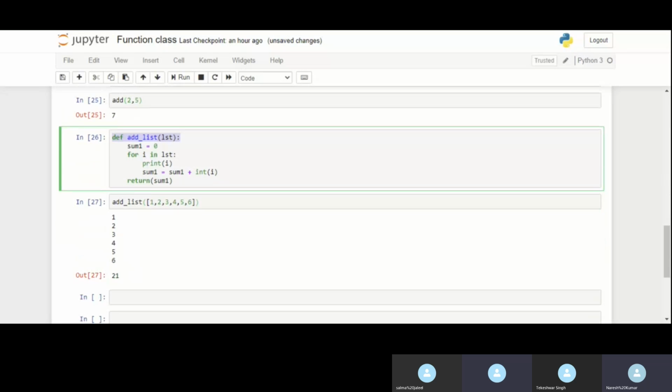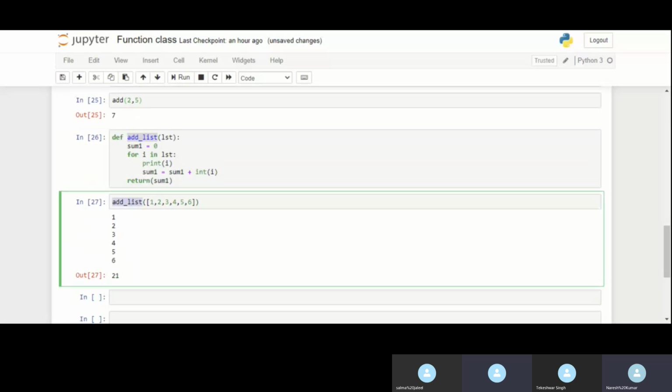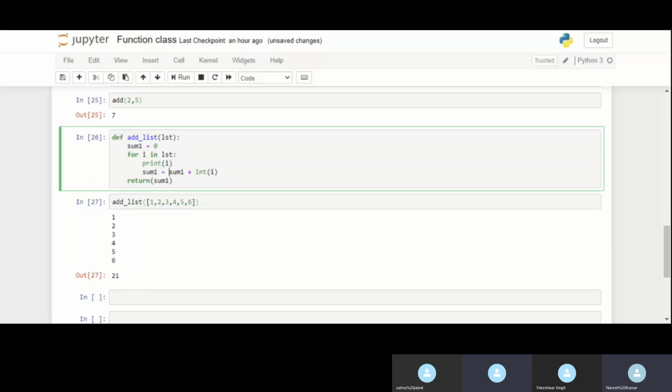If there are repetitive tasks, say the owner needs to know the daily sales for his shop, he can define this for loop inside this function and directly keep calling this add list function, and it will keep on adding for him, giving him the total. He doesn't have to run this loop again and again. So this iterative process has been automated with the help of this add list function.